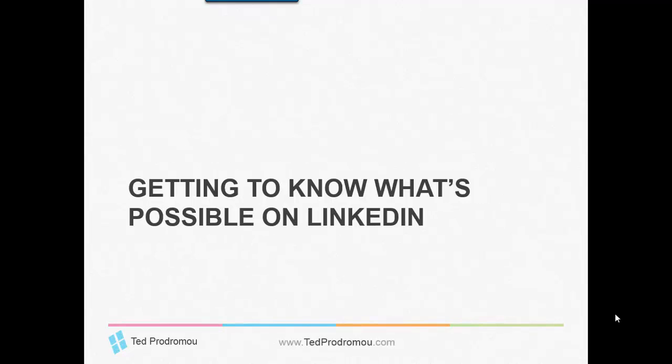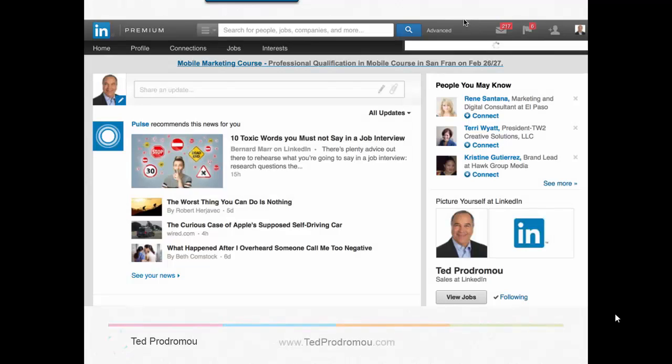Okay, let's get to know what's possible on LinkedIn. I'm going to just take you on a tour all through LinkedIn now, show you all the different navigation areas and all the things you can do. So here's your home page, and at the top there's the search box where you can search for people, jobs, companies, and more. We'll do a whole lesson on just advanced search and how to use that. And then right below that, on the left side, there's my profile picture, and that's where you can share an update. So that's like a Facebook update or a tweet. You have 180 characters or so. It keeps changing between 180, 160, 140.